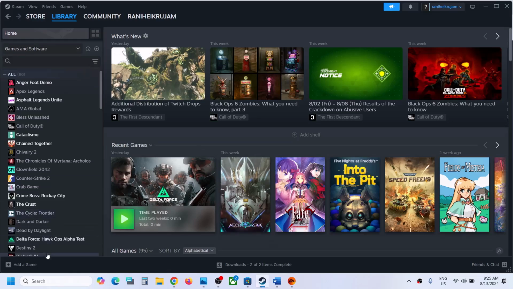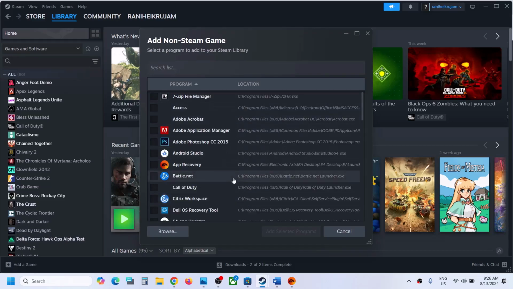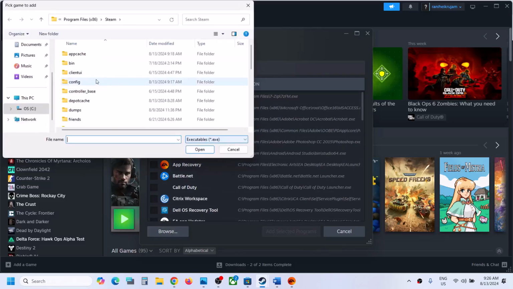To add a game to Steam, on the bottom left here you can see the Add a Game option. Click on the plus icon on the bottom left and then click on Add a Non-Steam Game. And then if you see the game in the list, you can select the game and then click on Add Selected Program. If you don't see the game in the list, click on Browse and then go to the game